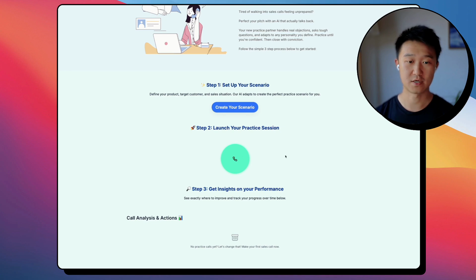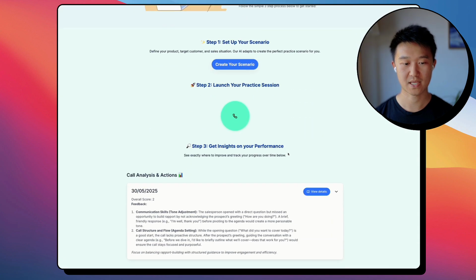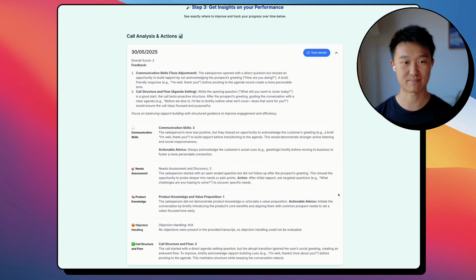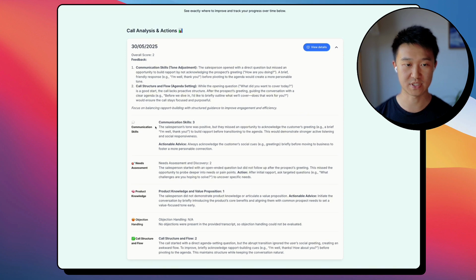And so for the last part, once you finish the sales call, we send all of that information over. And in our backend workflow, we use different AI models to analyze the conversation. And so if I refresh the screen here, as you can see, I have my most recent conversation. And if I expand it, I can see that there's a summary with an overall score and the key feedback points, but then it breaks it down into key dimensions of the sales call to give me an individual rating and specific suggestions for each.